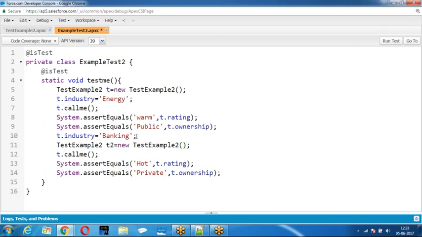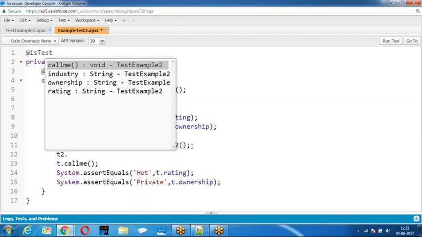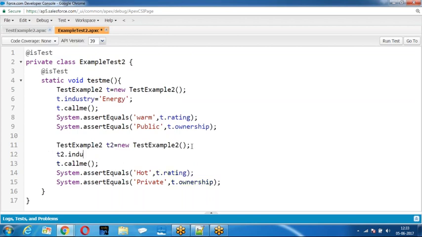And create t2 dot industry equal to banking. Then I call t2 dot call me, rating, ownership.